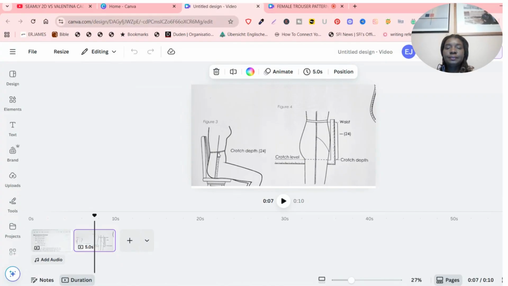female trouser. This is how to measure your crotch depth. So you just sit on a chair, measure from your waist to that chair. That is your crotch depth. So having said that, let's go and let's start with our